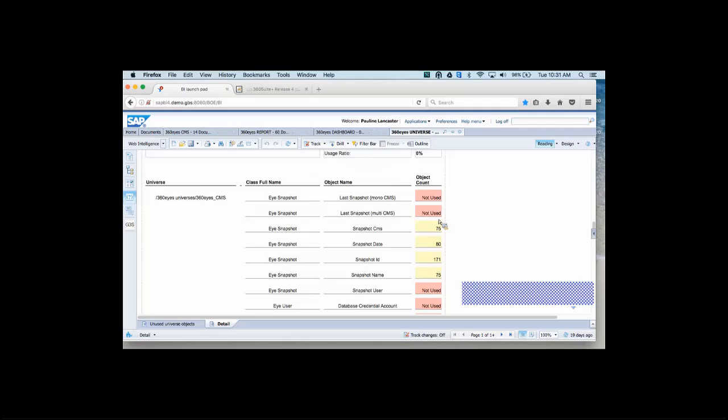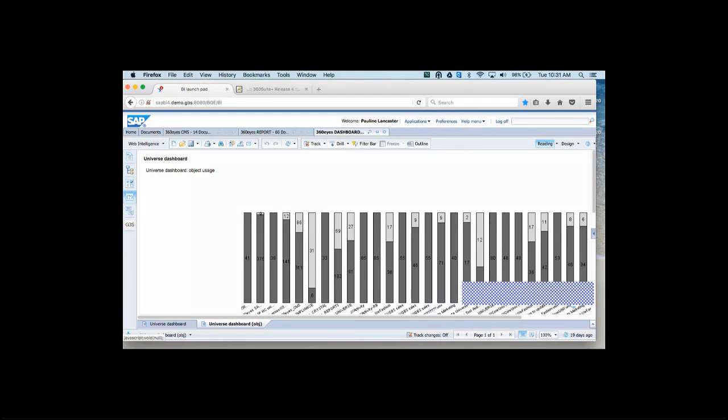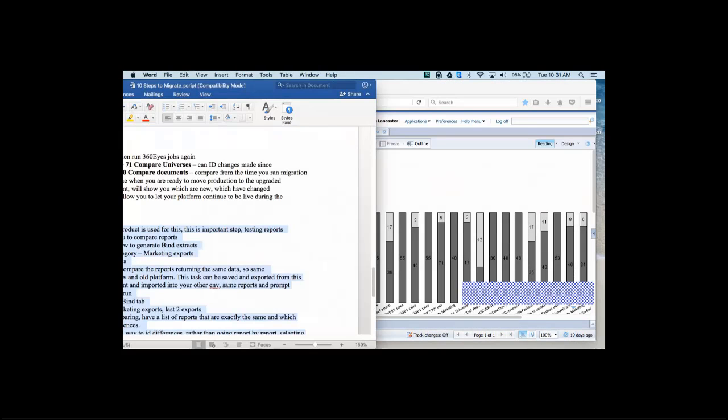Scrolling through, I can see these first 2 objects aren't used, and then the snapshot CMS is in 75 different reports. This is helpful if you're thinking of eliminating some objects. If it's being used, you might not want to eliminate it. So that report is definitely helpful as well to identify